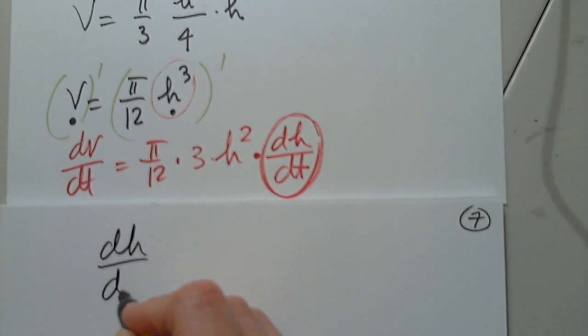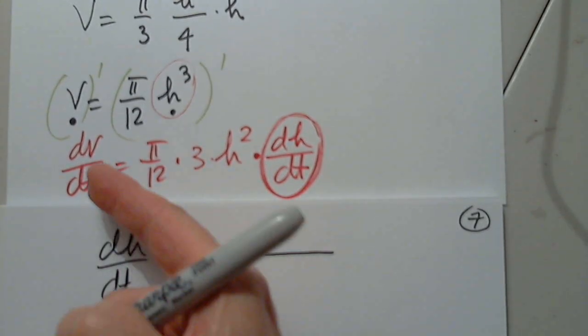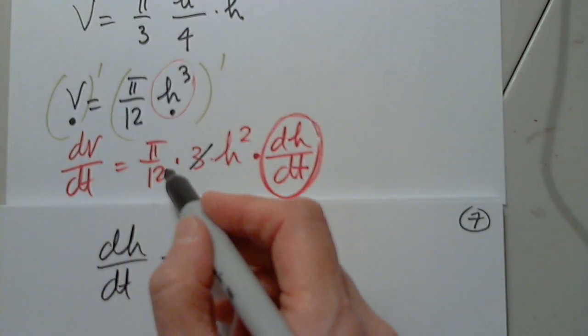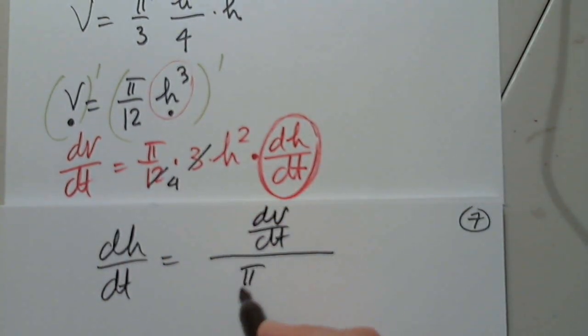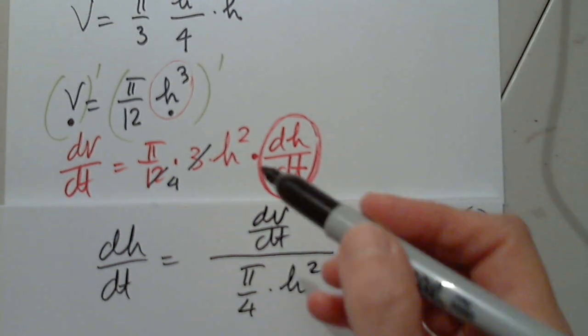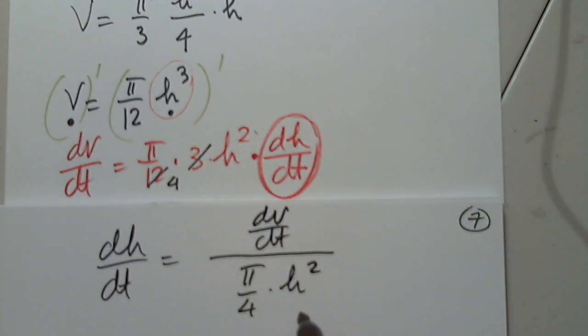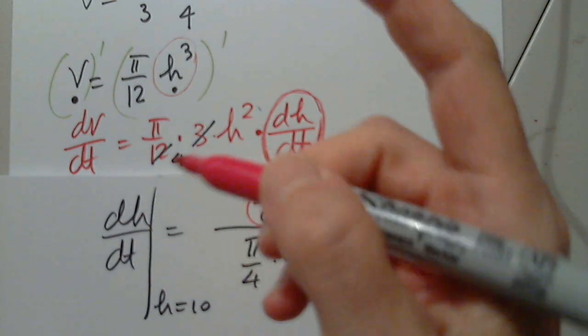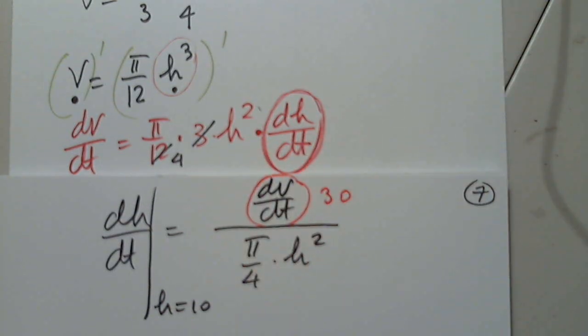So dh over dt equals dV over dt over this whole thing, and I'll simplify. So I have pi over 4 times h squared. All this has to go to the denominator because it multiplies dh over dt. And now, when h is 10. So let's see if I have all the necessary numbers. I have this is given to us as 30, and everything has to be in feet. And this is 100